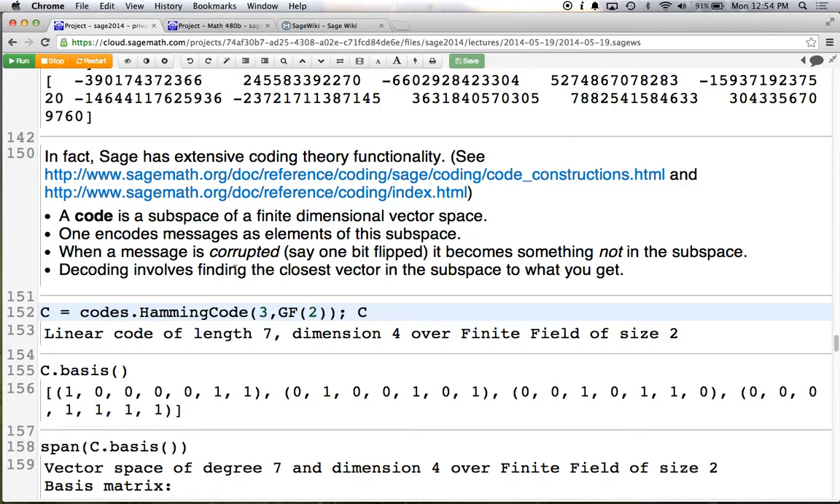Or you're sending a message to Mars or something, and even if it gets corrupted along the way, which is maybe likely, you can still read it correctly as long as it's not too corrupted. Obviously, if you corrupt something so much that you can't tell that it was corrupted, it's just completely different but looks valid, then you can't correct that. So the idea is what you do is